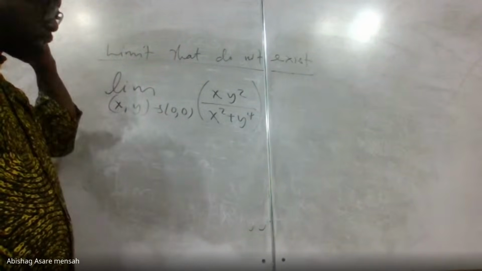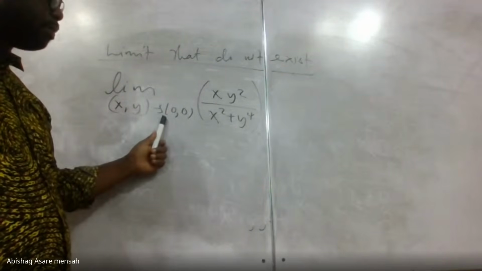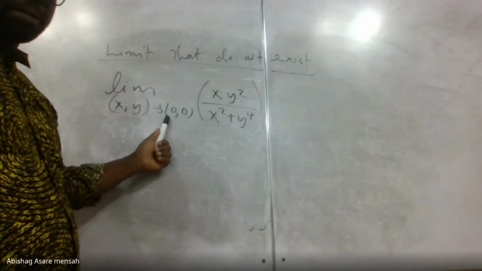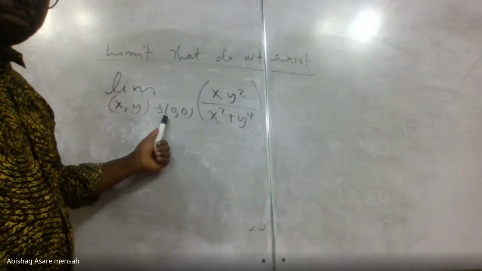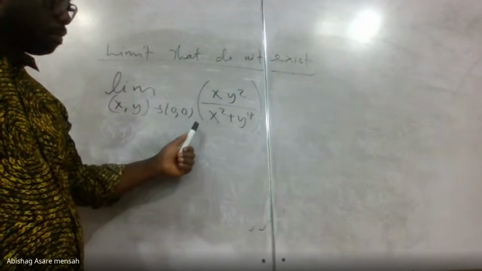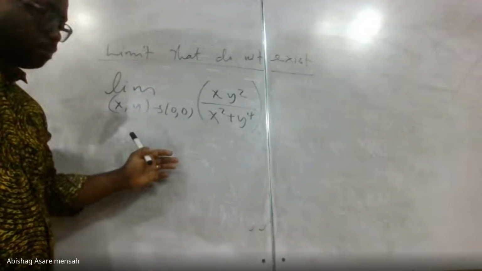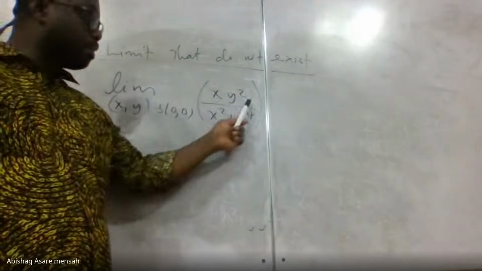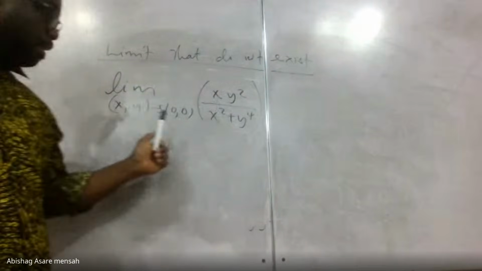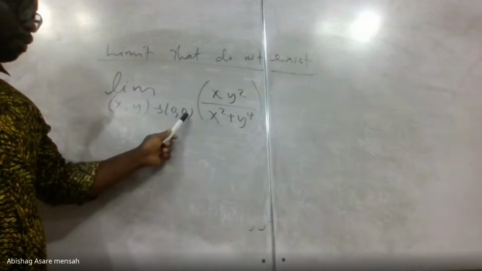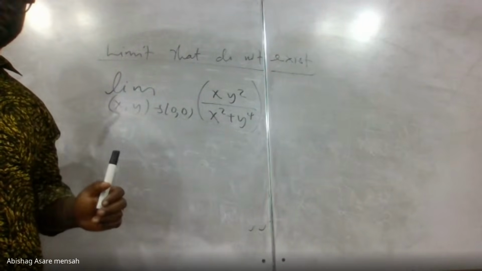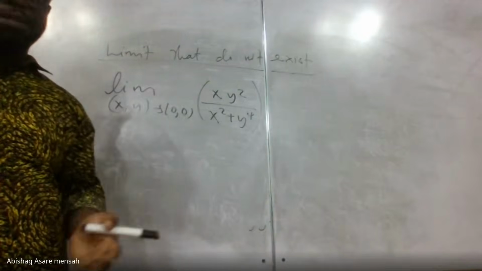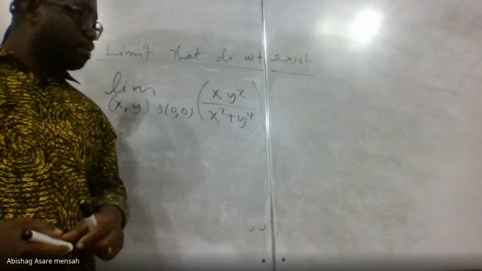So we first set x is equal to 0. If we set x is equal to 0, what will happen? You get 0. So far as this product is here, if you set x equal to 0, you get 0. You set y is equal to 0, you get 0. But do you conclude that so far as these two are given as 0, the limit exists? No. So we go on